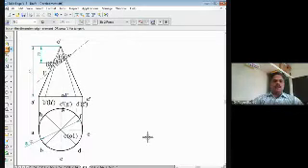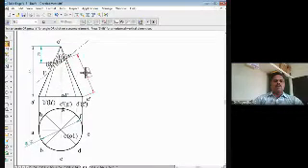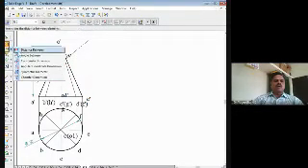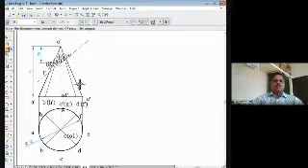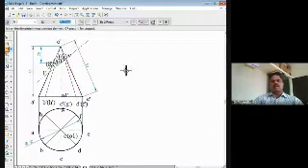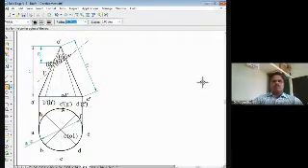For drawing the development, we have to take the true length of the slant generator. So whatever the true length of the slant generator, I will measure this here, right? I'll go for dimensioning from O dash to E dash. So this is the true length of the slant generator. This I will take. So with the true length of the slant generator, now I have to draw the arc, arc by center point.